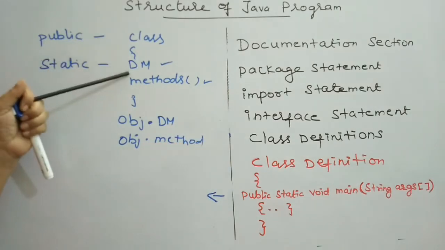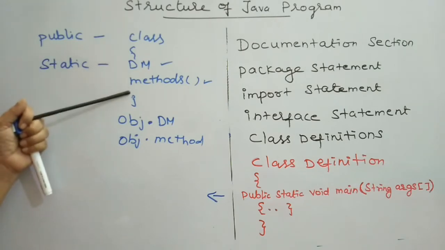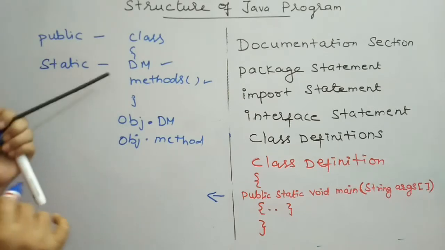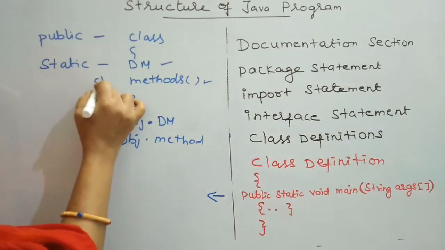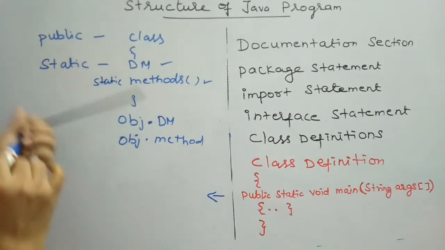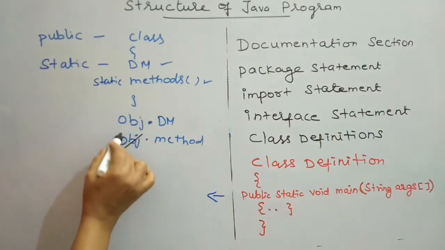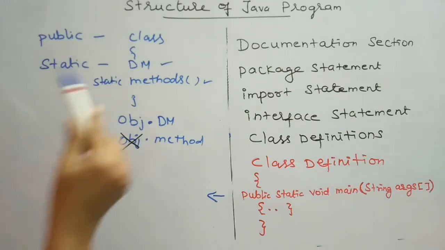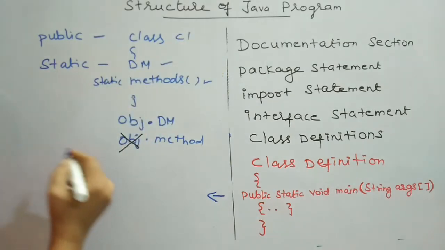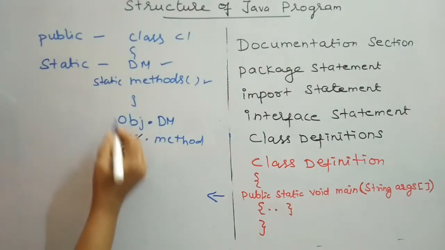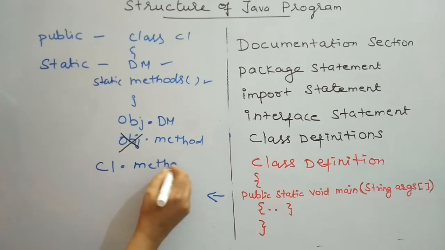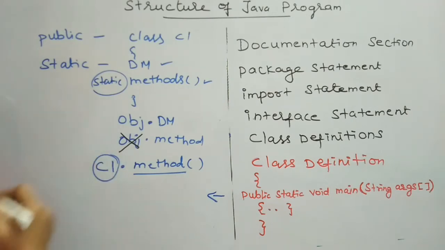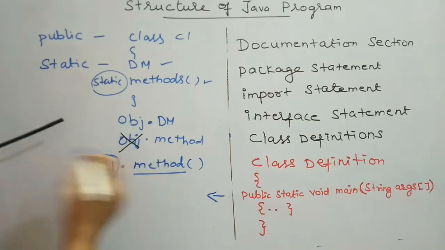Okay. If I want to access data members and methods defined inside a class definition, I am in need of an object of the class. Okay. If the method defined inside the class definition is a static method, then you don't need this object to call this method. Instead, with the class name, I can call or invoke this method. If the class name is C1, C1 dot your method. Okay, static methods can be invoked with the name of the class. We don't need an object to invoke this method.